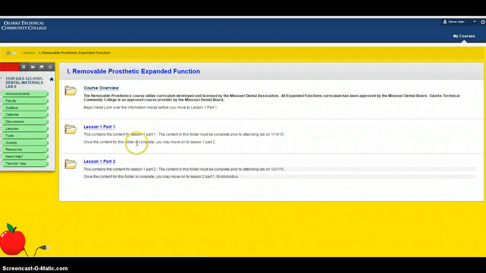Then, of course, after we have lab on the 14th, you want to begin on lesson 2 for the next week. If you have any questions about the sequence of folders or anything, feel free to reach out